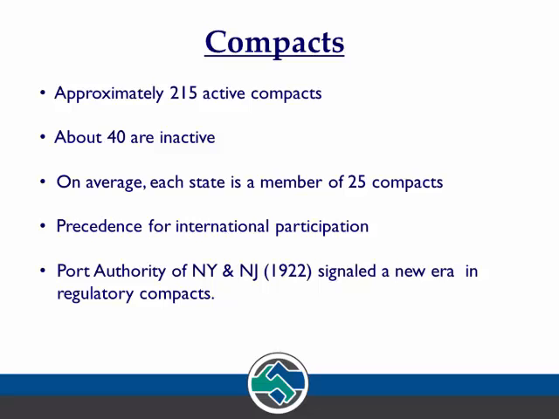One of the earliest compacts, and one of the first to engage in regulatory activity, which really started this process by which we are now regularly using compacts to engage in regulatory action, was the Port Authority Compact of New York and New Jersey, which is where the World Trade Centers used to be situated, and which still is the compact that regulates all public transportation between New York and New Jersey, whether it's buses, airplanes, ferry boats, subways, anything that moves is regulated by the Port Authority of New York and New Jersey if it's a public mode of transportation. They have a multi-billion-dollar budget and their own police force, and so that's certainly a good example